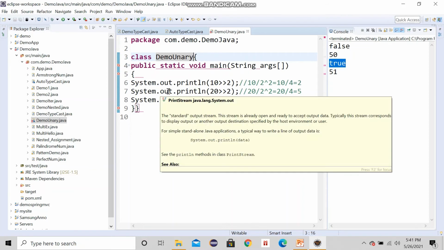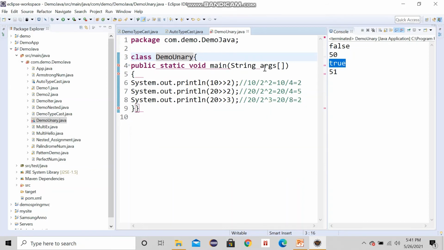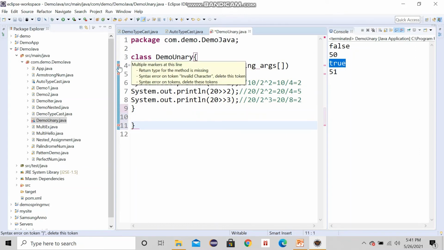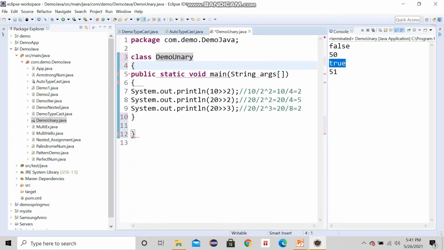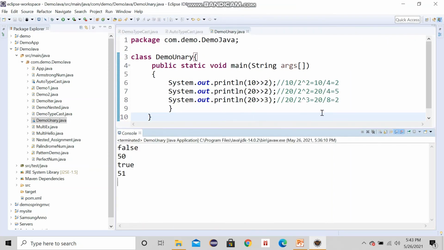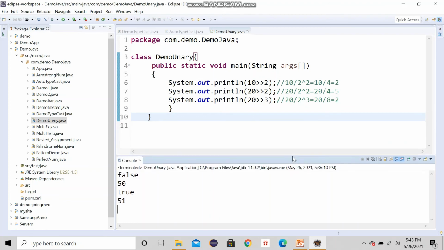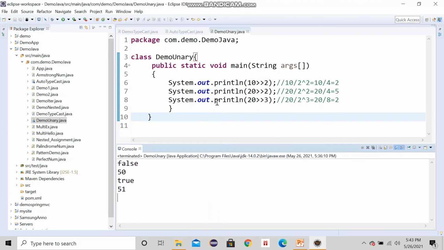I'm just taking one class name and saving it. Return type public static void main, everything is fine here. So I've just rectified the error. It was just because of some curly brackets and all.